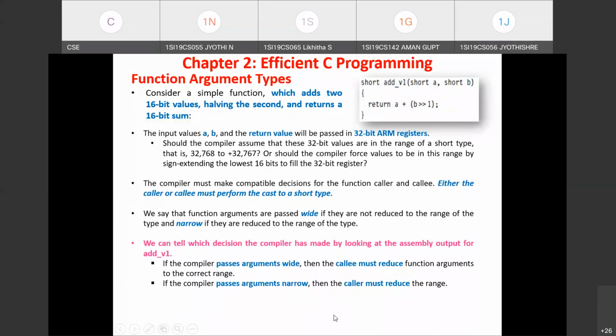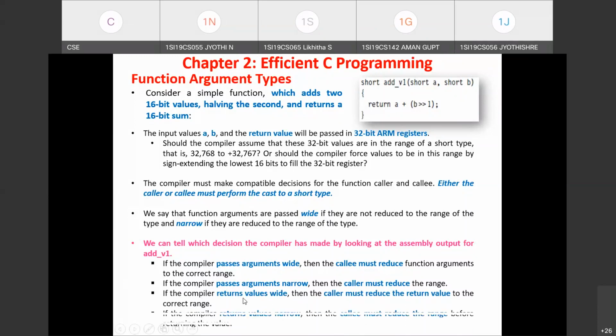Once the result is computed, if the compiler returns the value wide, that means in the called function it is not reducing the value to that short range, and the calling function has to write the instruction for reducing the return value to the correct range. If it passes the return value narrow, the value must be reduced in the called function before it is returned to the calling function.